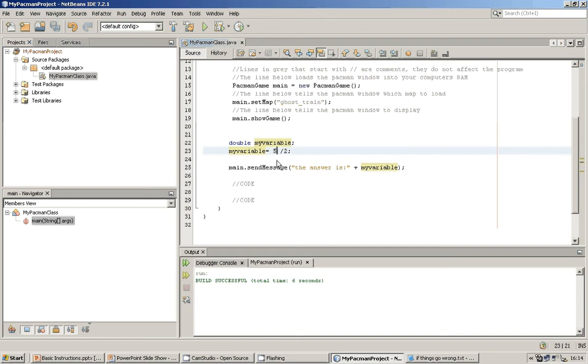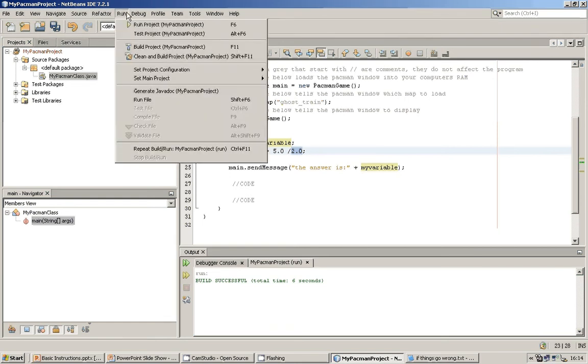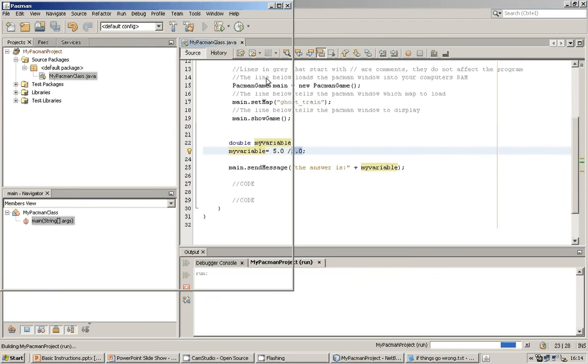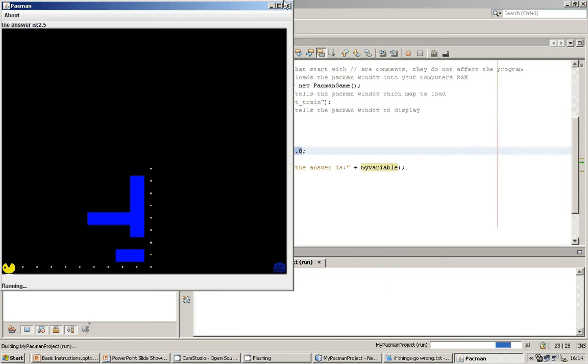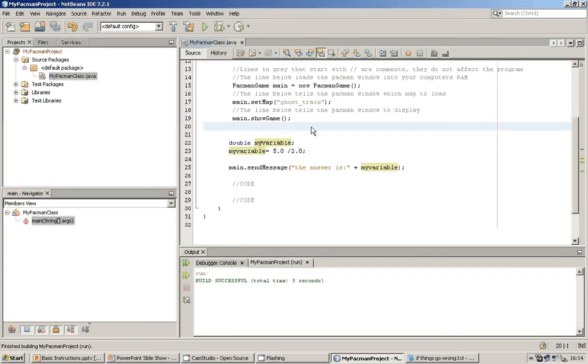So the way we can fix this is we can say, hey dummy, this is an actual double here, 5.0 divided by 2.0, and that forces Java to acknowledge that this is a double. Even though it's got a static value here, even though it's 5, it's just got a normal value, it's not a variable or anything, it still has a type. So let's build that and run it. 2.5. So we finally got the right answer. So not only was changing our variable not enough,